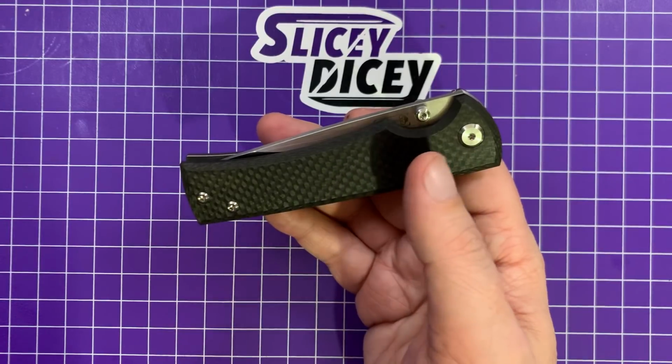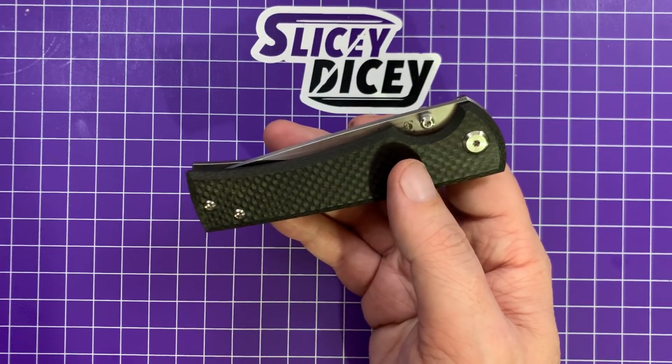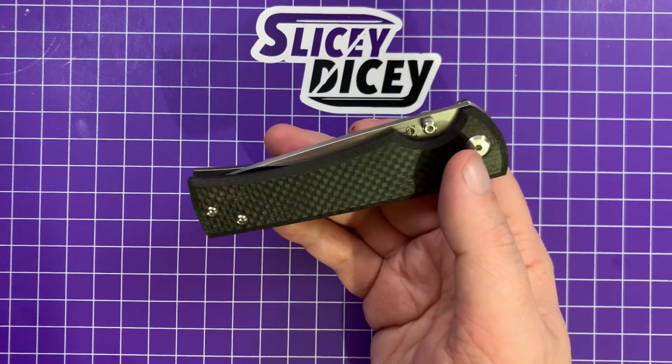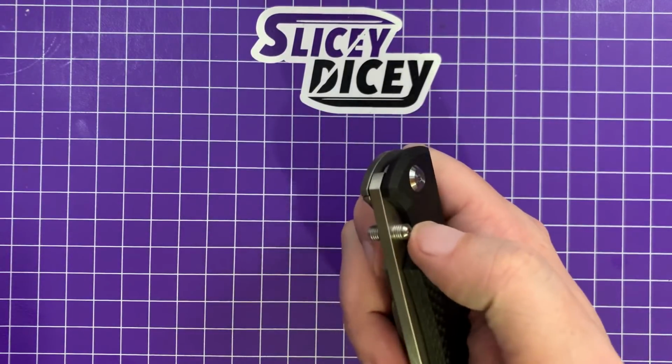Comes in a few different ones. There's this carbon fiber, black G10, jade G10. Those are all $320, and then there's a full titanium for $350, I think. And then again, they still have the Rendition and the old compound grind version, but this